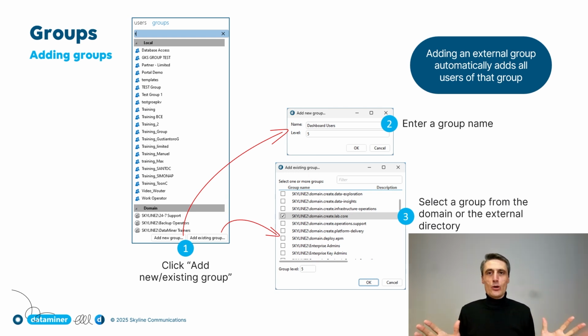So you just have to join the server to the domain, and then you can come here and say, oh, add existing, and I will see, oh, let's take those guys here. They are from the domain create lab core. I just select this group, and in one click, I add the whole team to the DataMiner system,